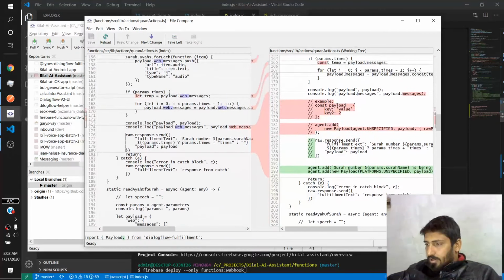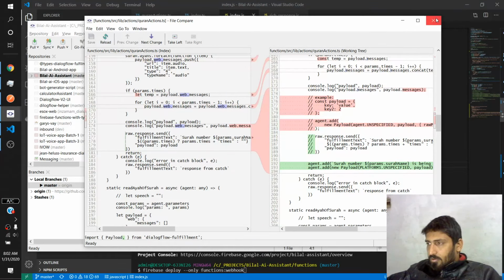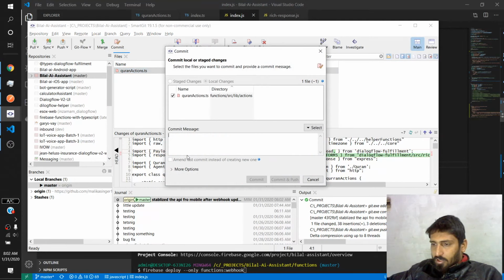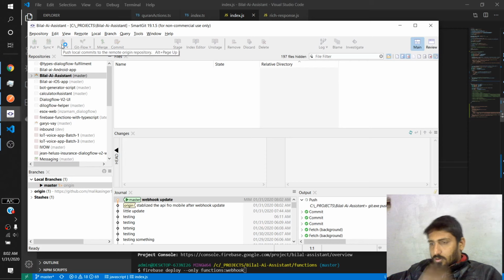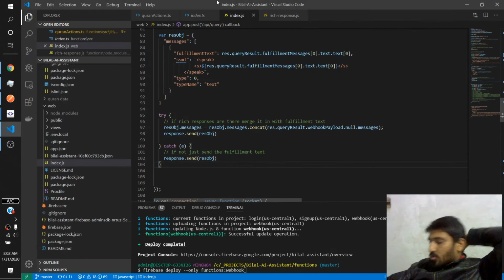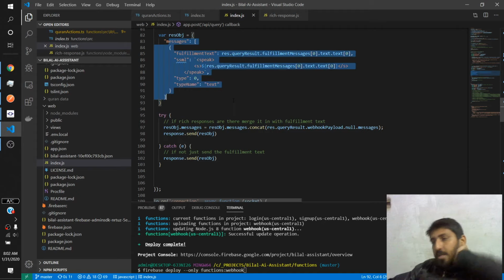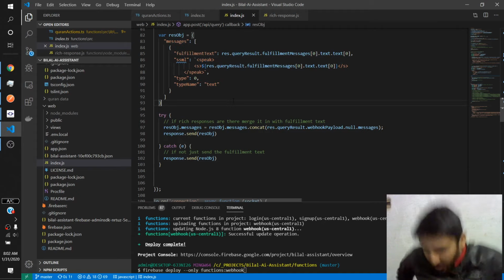The update is right here. Okay, this should be webhook update. Okay, so but the only one function in webhook is updated yet. Actually, what I did is